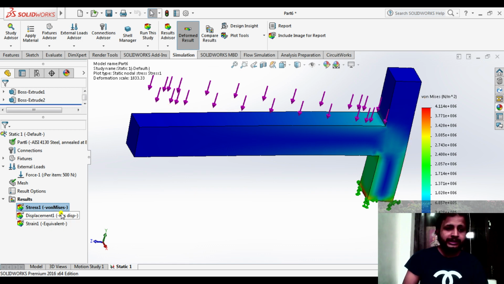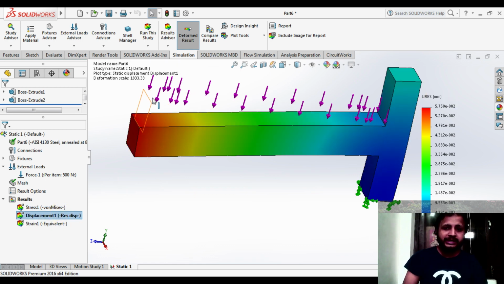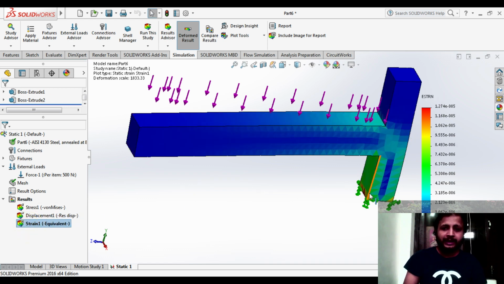So you need to understand the displacements here. You can see displacement is maximum here, and the maximum strain is here, because this is what opposes the stresses, basically, right? And here you can see the stresses are also here.